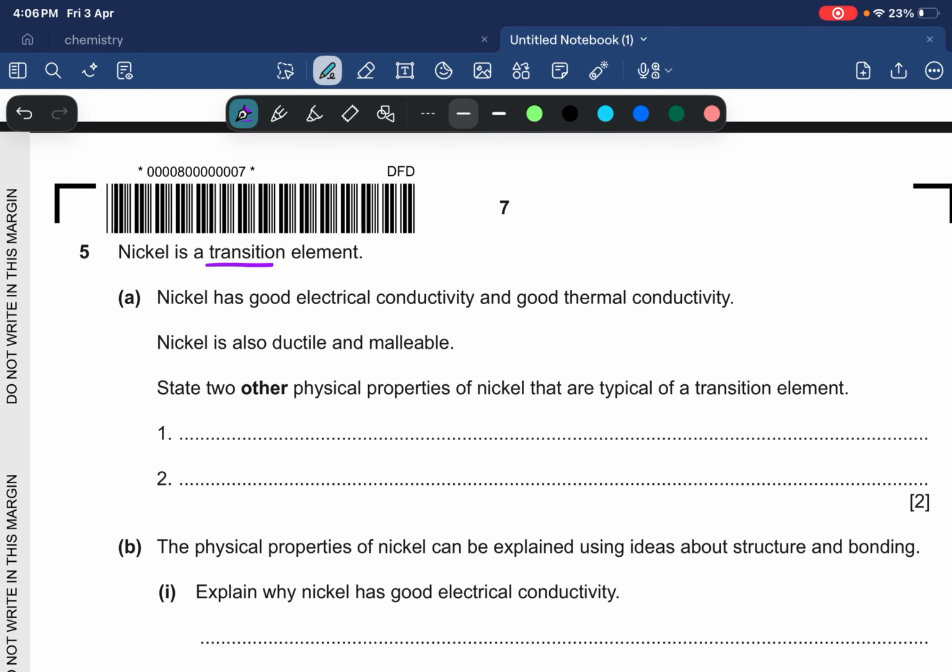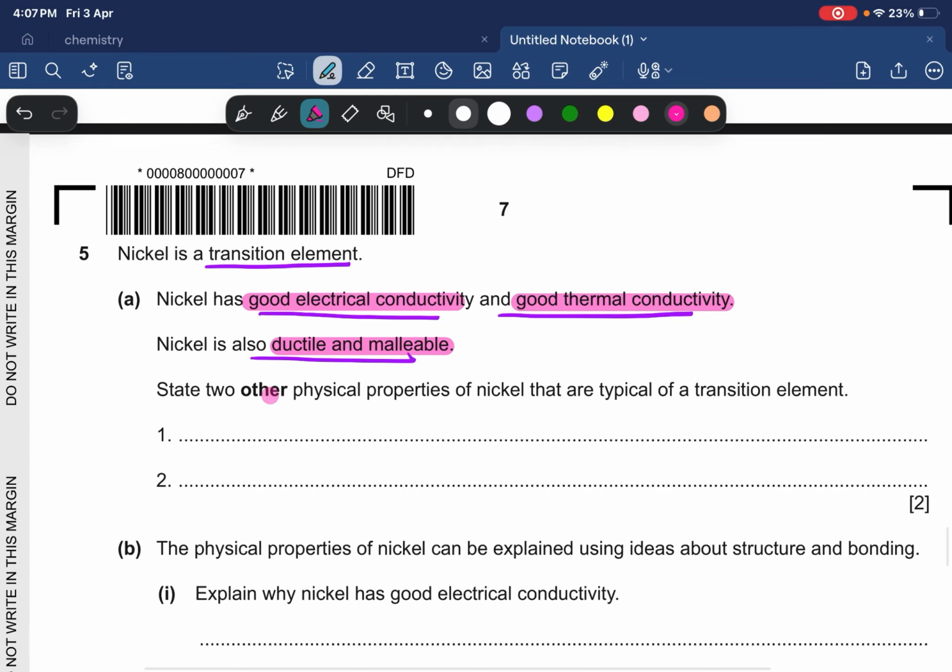Nickel is a transition element. Nickel has good electrical conductivity and good thermal conductivity. Nickel is also ductile and malleable. So they've given us a bunch of properties, and its ductile and malleable state. Two other physical properties of nickel that are typical of transition elements. So except from this, we have to state, firstly, I can think of a very common property that they have: